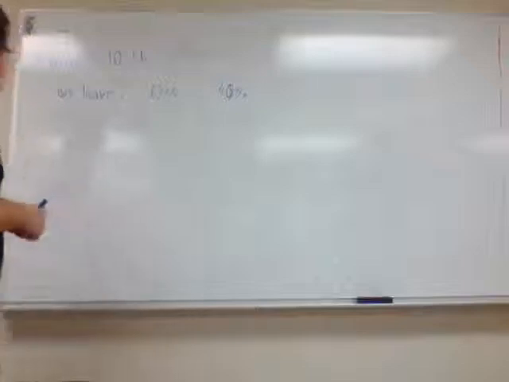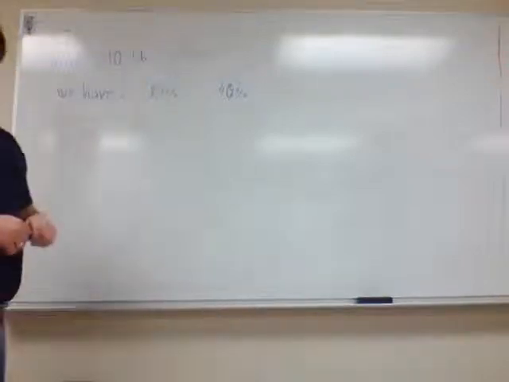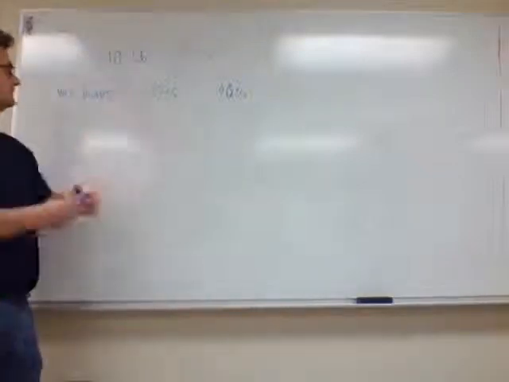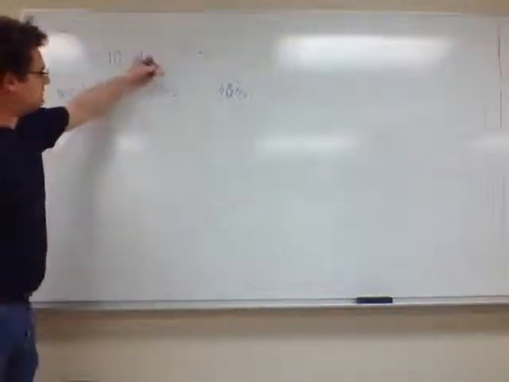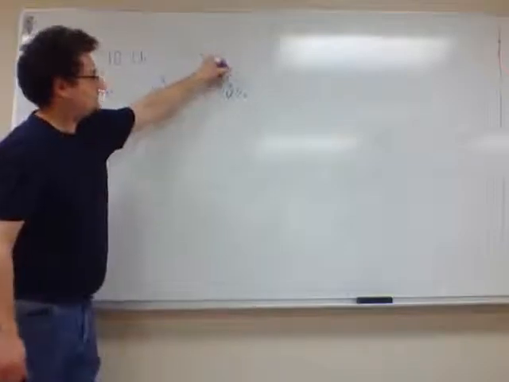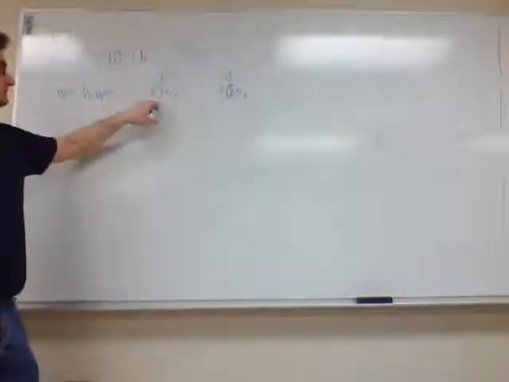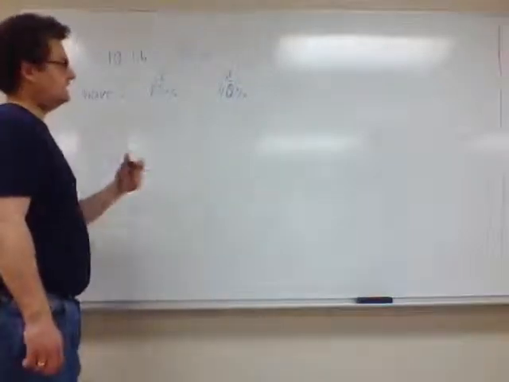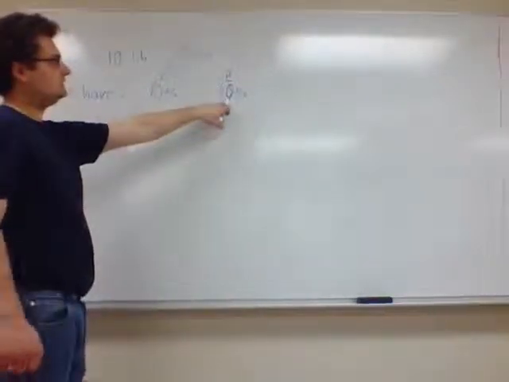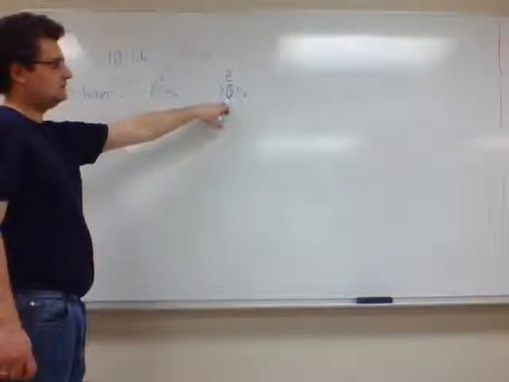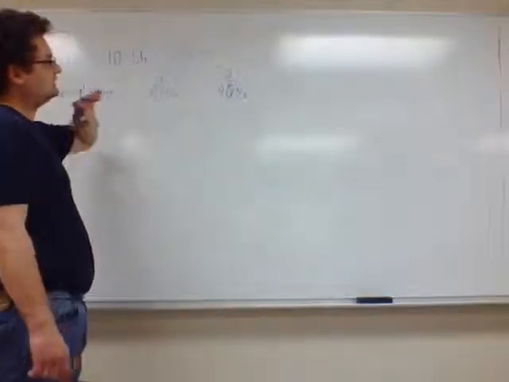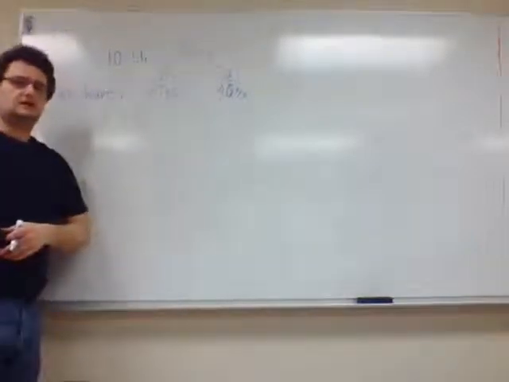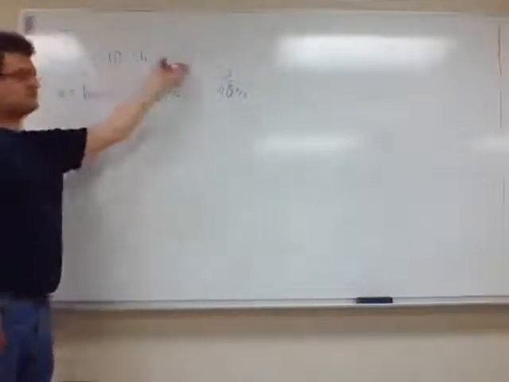Well, the question is, how much? What is the amount of mixture 1? So let's say mixture 1 and mixture 2. What is the amount of mixture 1 that we need to take, and the amount of mixture 2 that we need to take in order to get, when combined, 10 pounds of 25%